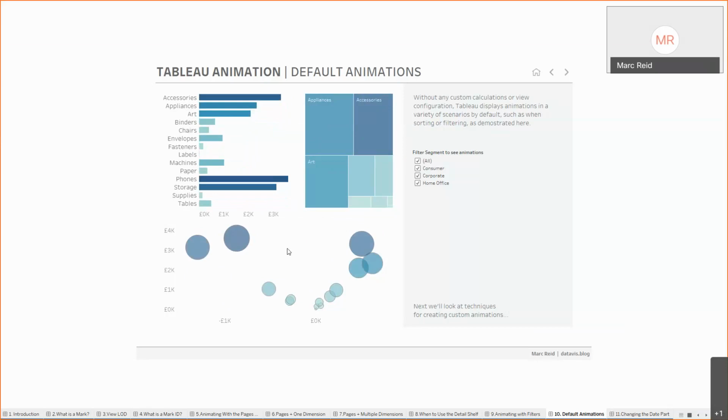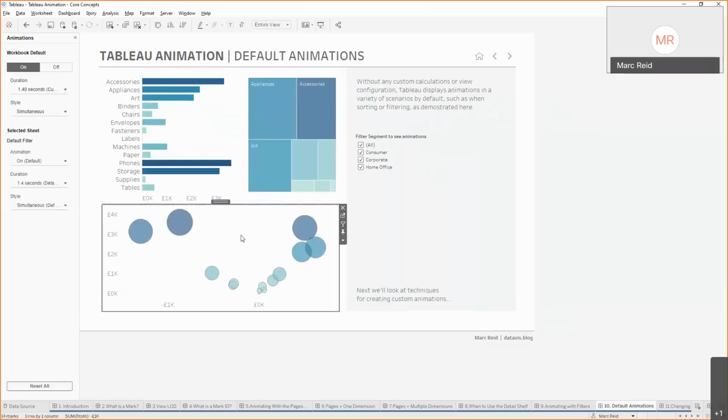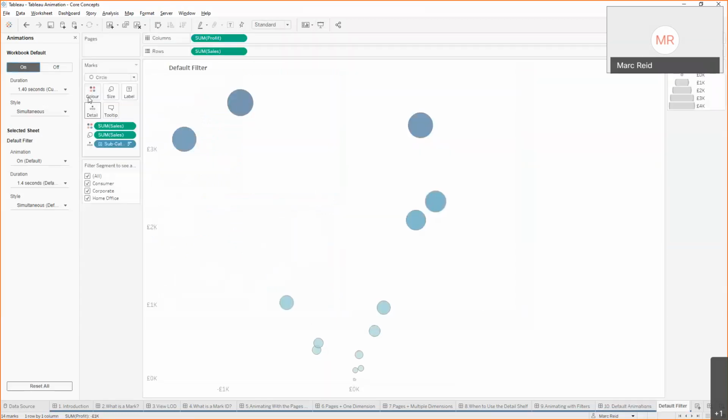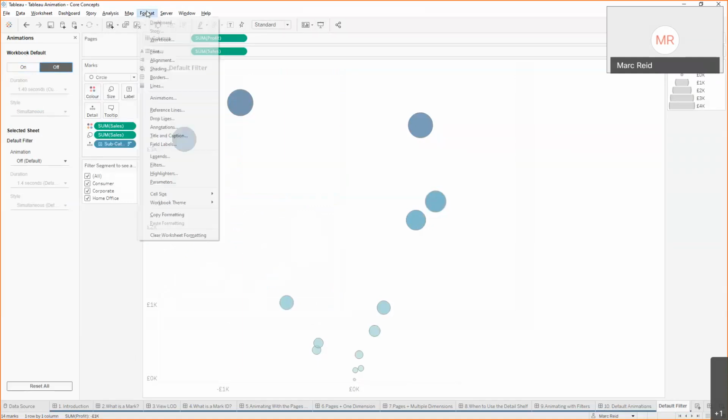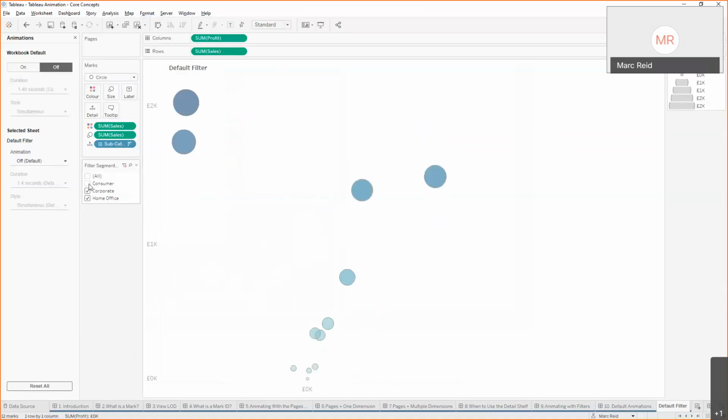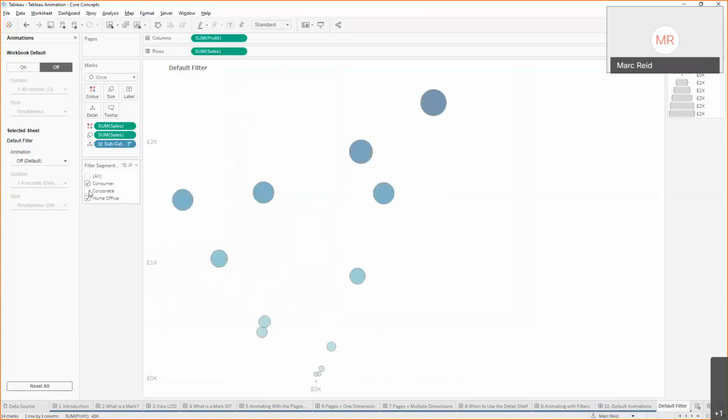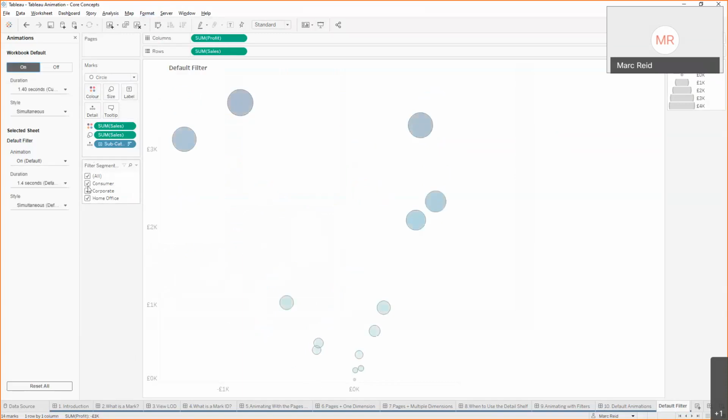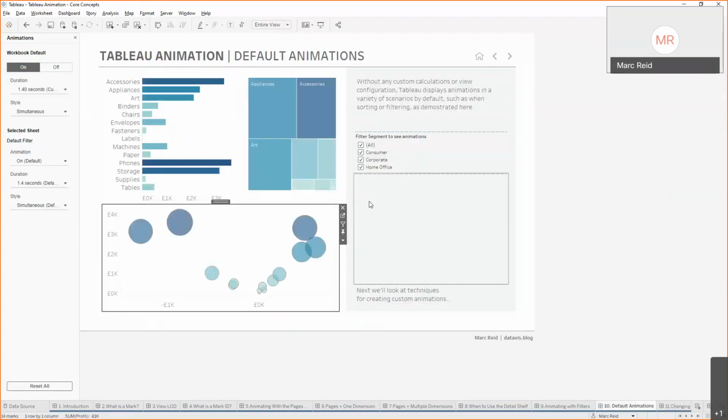And if you're not familiar with animations, I'll just show you briefly where you turn them on. So if I go to this chart, for example, you could switch off animations here. You access this panel through the Format menu, Format Animations, and that panel appears. So at the moment, animation is off, so things just jump around. And if I switch animations on here, then you start to get this smooth movement of the marks in the view there. So it really is that simple.